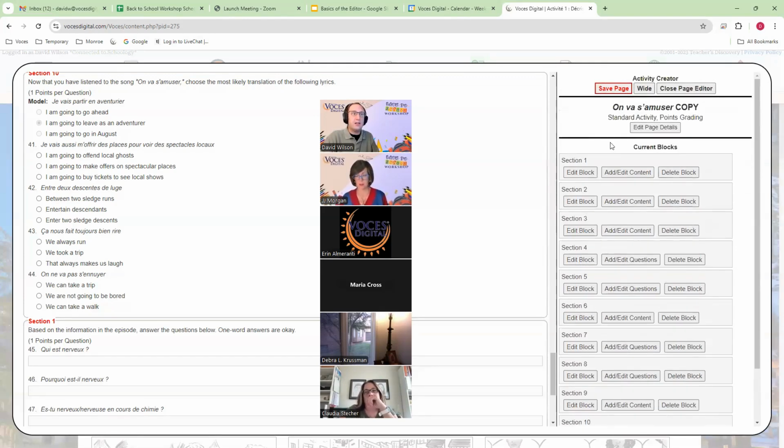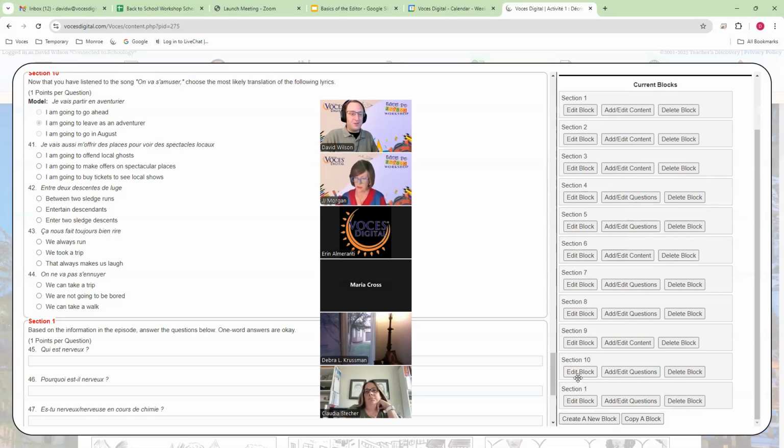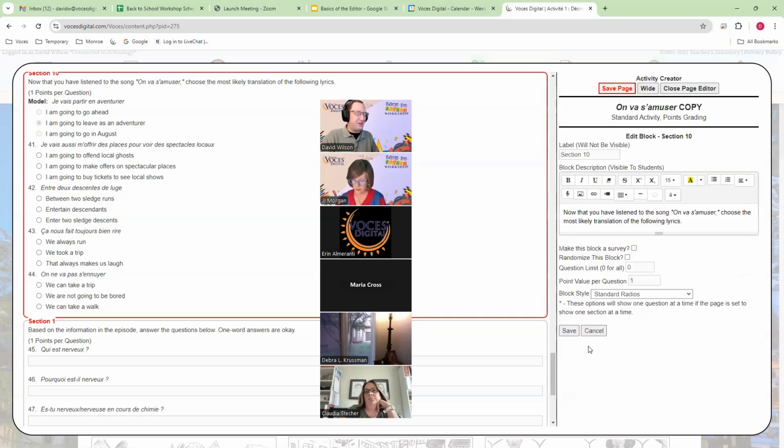If I step back out to the main editor page, both the edit block button here for any section and the edit page details button are another place that you can go to play around with templates. So under edit block, as I mentioned, we'll look at some of those other options here in a moment. I have the place where I can edit those directions, but I can also go through and change certain template